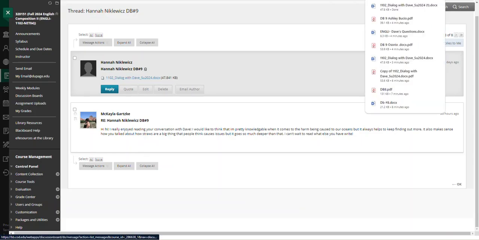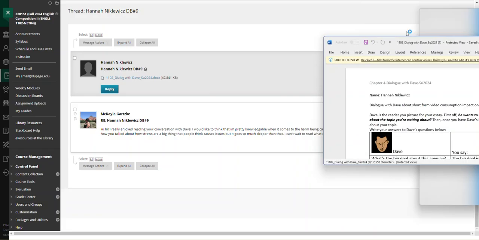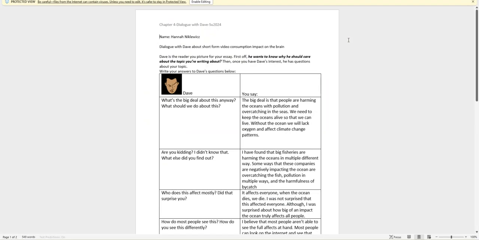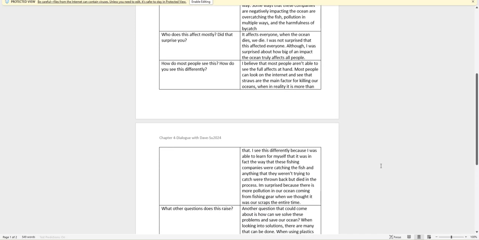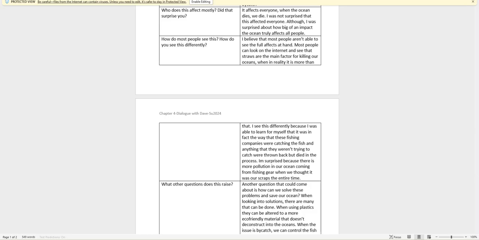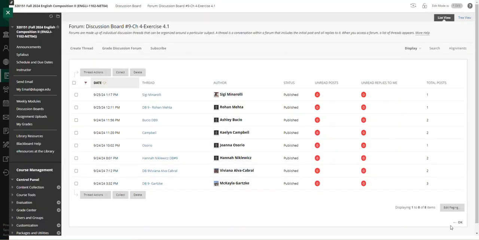Basically, the dialogue with Dave does afford everyone the opportunity to begin testing out a topic and their thinking with their topic. Usually what happens is everybody gets used to doing the research and pulling everything together, and now you're interacting with somebody like Dave and kind of start sorting out the different answers to an audience's questions. And this is exactly what this is designed to do, is to test you about some of the issues regarding your research topics. Some really good items there all through the board. Take your time and take a look at those particular items.